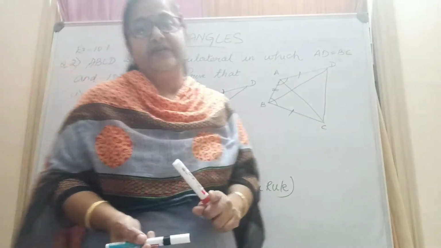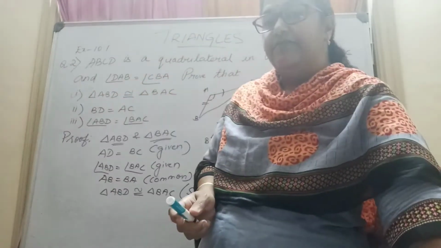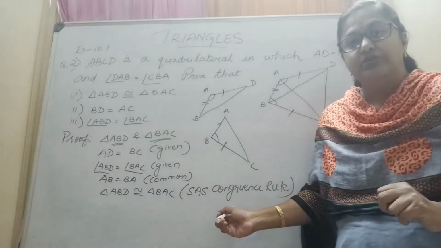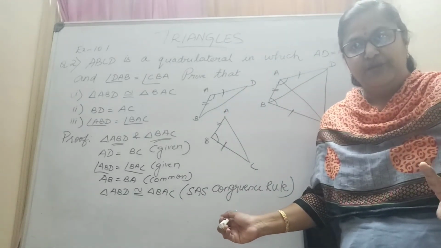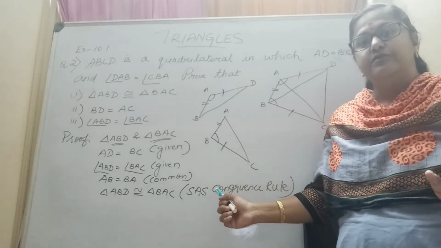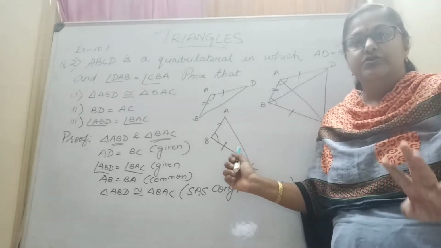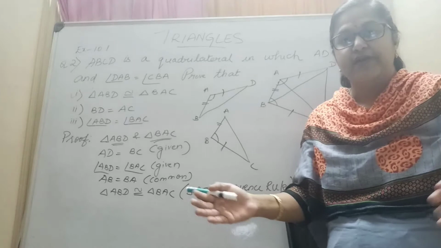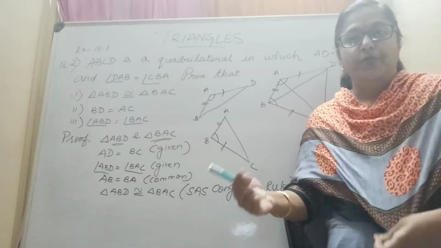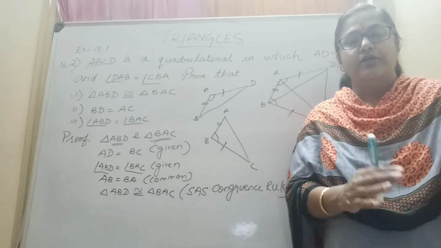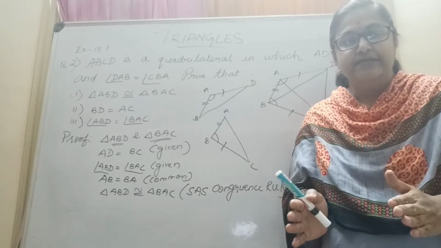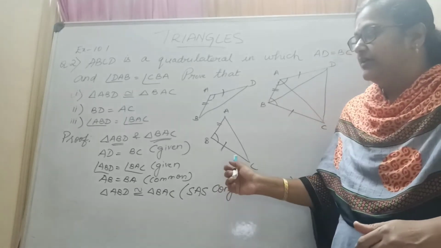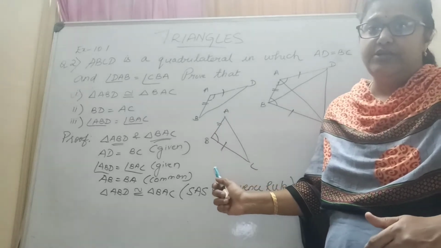I had told you in my previous video that we have six pieces of information with which we prove that two triangles are congruent. According to the congruence rules, we are using only three sets of information to prove that the two triangles are congruent. So when the two triangles are congruent, obviously the remaining corresponding sides and angles will be equal. Hope you all remember what congruent triangles are. All the corresponding sides of both the triangles will be equal and all the corresponding angles will be equal. Now that we have proved that these two triangles are congruent to each other, I can say